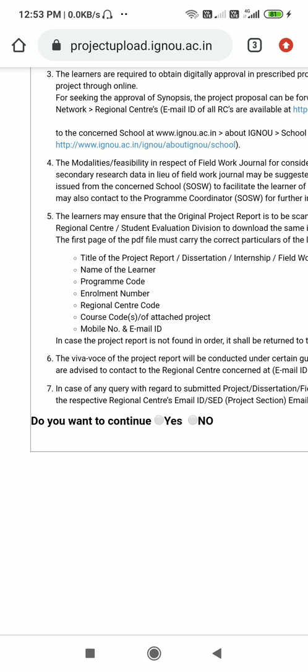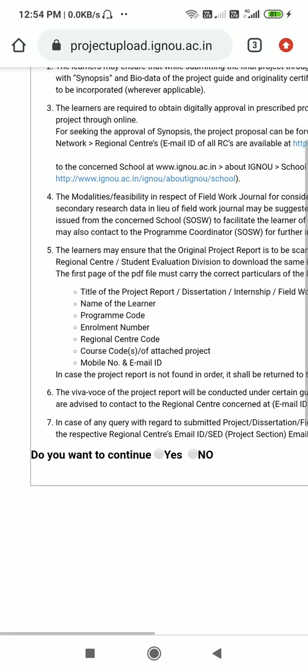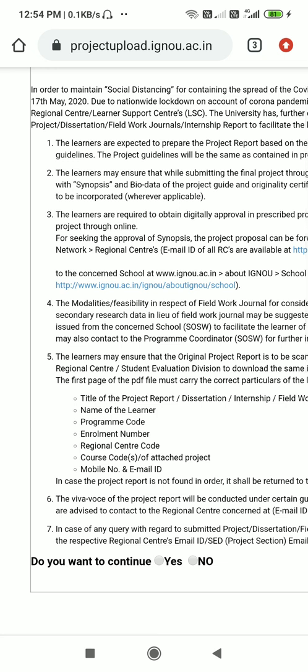Also don't forget to write your mobile number as well as your email ID and your project guide's email ID, both are important. So these are for the final project report.